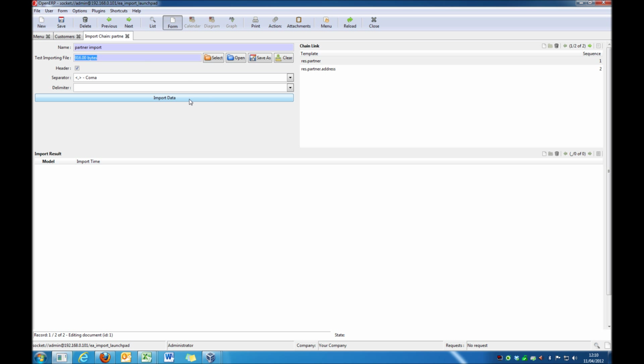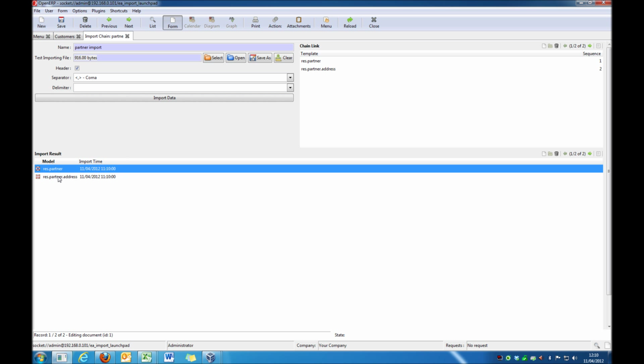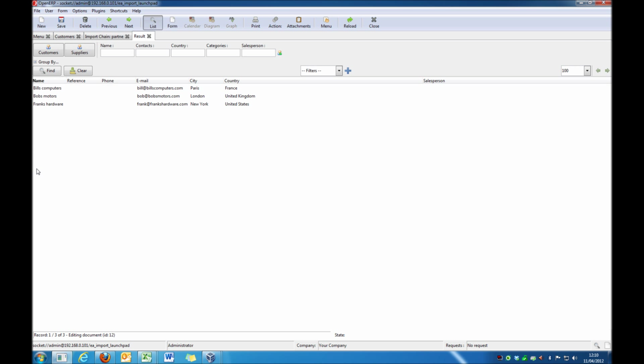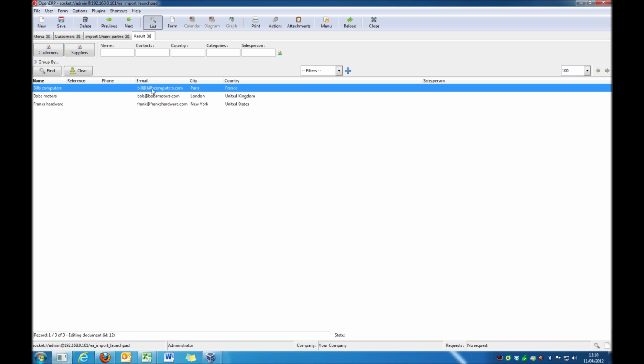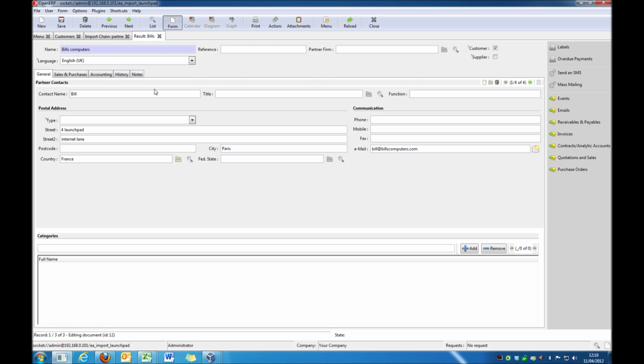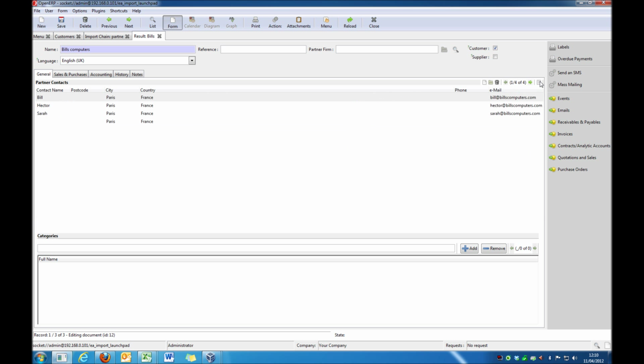So I've just clicked on that, and the result comes up down here showing that the res.partner model and the res.partner address model have both received an import. So I will click quickly on the show result button, and that brings up a tab with the resulting imported data. So I have here three customers that have been created: Bill's Computers, Bob Motors, and Frank's Hardware. And if I go into Bill's Computers for a second, I can see that there's been 4 contacts created